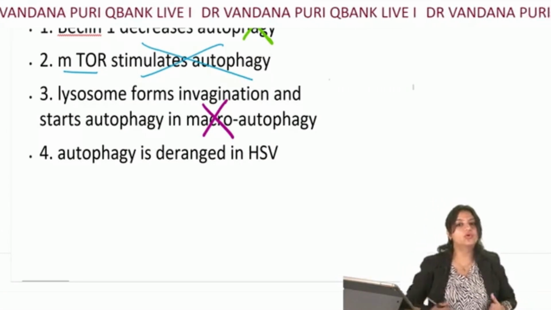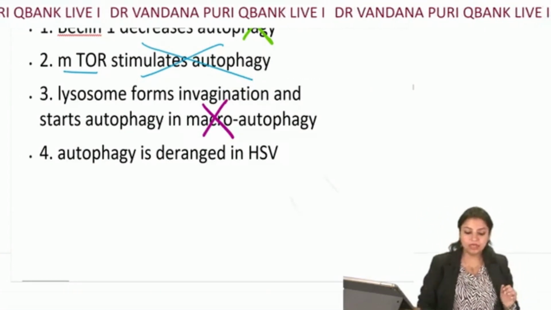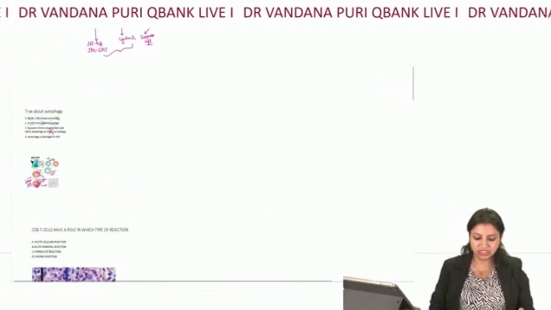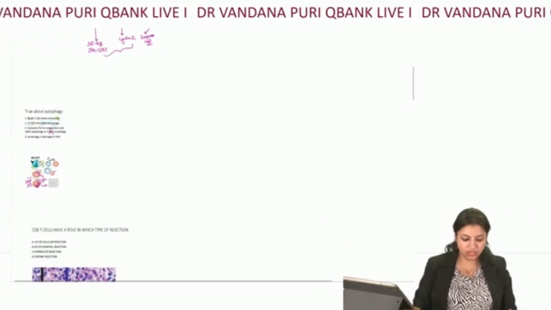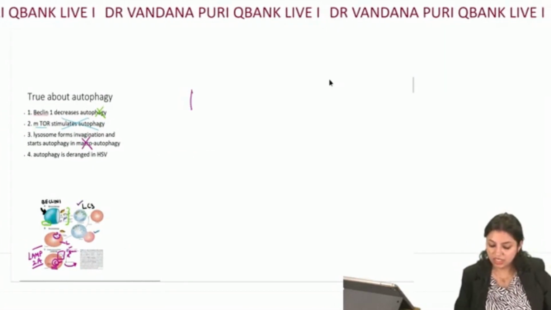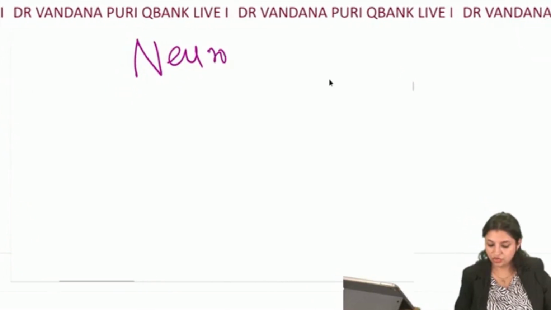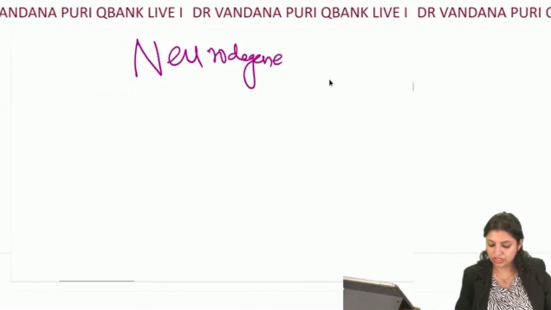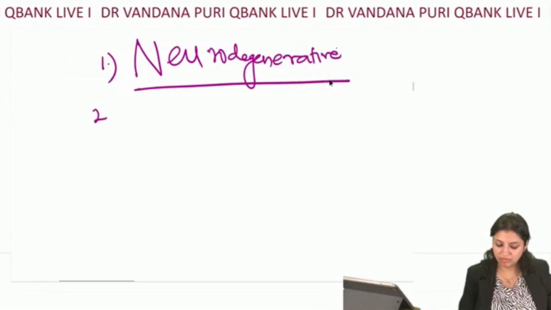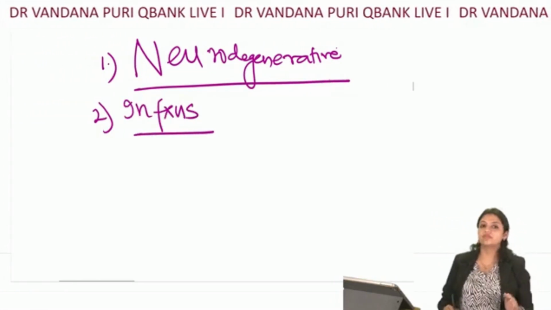Now, coming to where do you see autophagy? Which are the conditions where you see autophagy? So remember, autophagy is typically seen in three major conditions. Number one, neurodegenerative disorders. Number two, infections. Now here what you have to remember first is